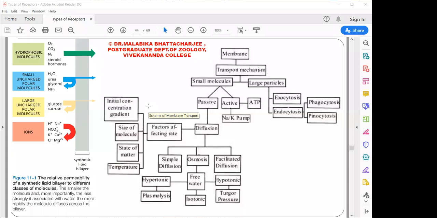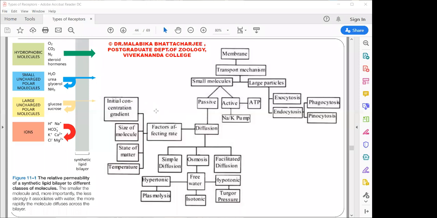Even though it has a huge variety of functions, there are some slides which will give you an overview of the total variety of functions that plasma membrane does. But for our syllabus, we will restrict ourselves to active and passive transport and the